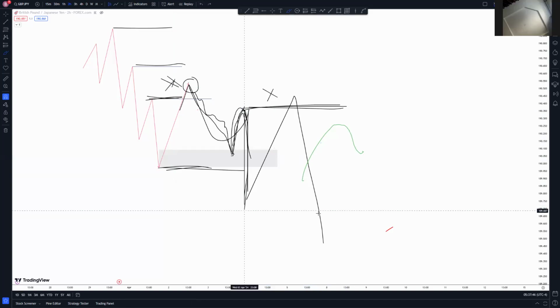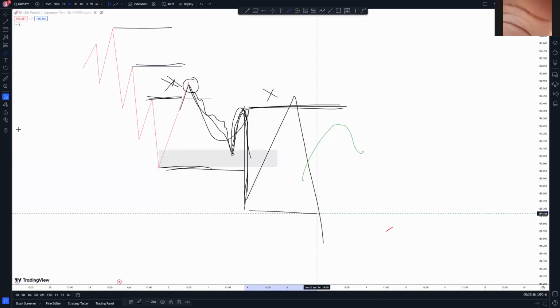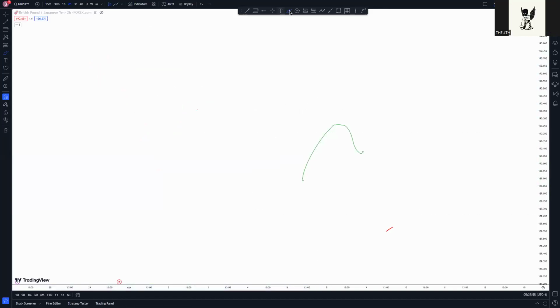So the advanced part of market structure. When you talk about the advanced part of market structure, it just talks about price coming back to always take out the internal range liquidity, right? Because the market is not going to be picture perfect where it just creates lower lows, lower highs. I mean, if it does that, everybody will make money. So one of the things you need to begin to train your eyes to see is the advanced part